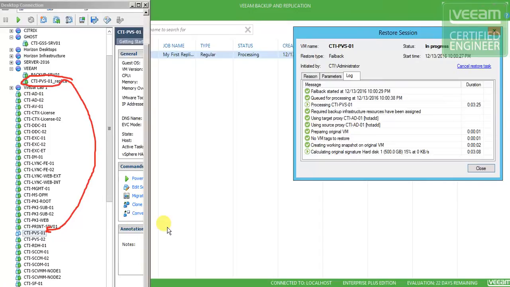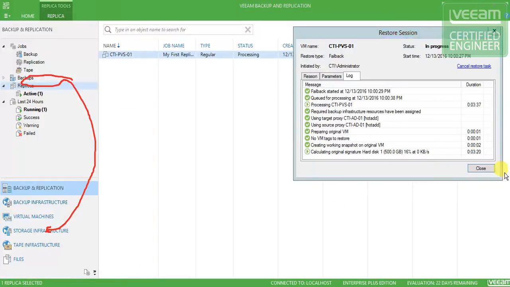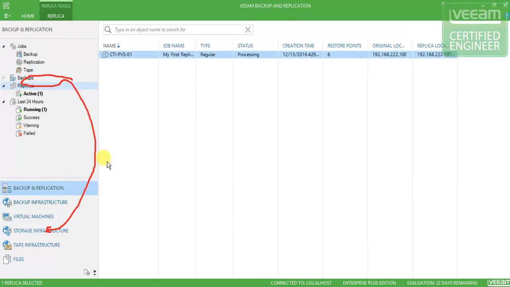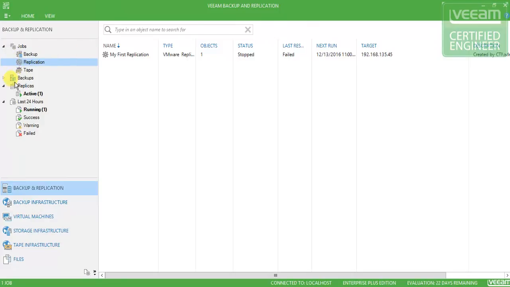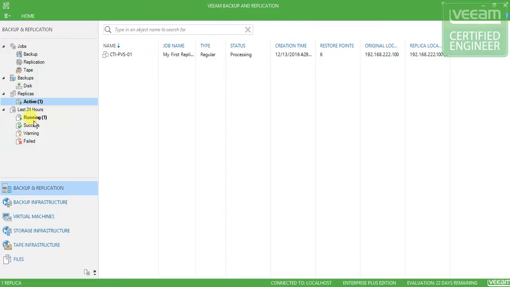So guys, what we did for one machine, we could have done with a bunch of different machines if we had a failover plan. Let's close this. We can always go back and see it. I'm going to clear this, and right here, this was my first application. While it's running, we don't see the other option for the plan one, but let's see under replicas,